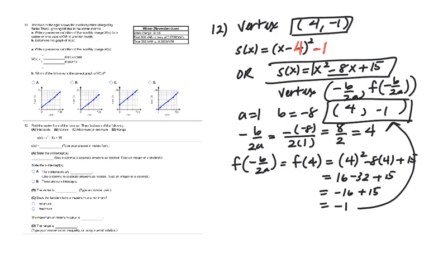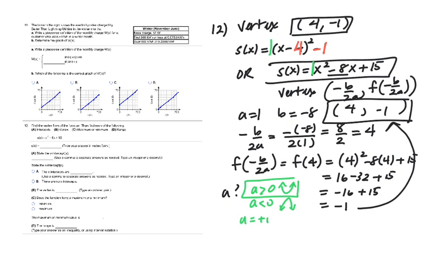For part C, it asks, does the function have a maximum or a minimum? The way you determine this is you first look at what a is. In either form, our a is 1. If a is greater than 0, or positive, the parabola opens upward. If a is less than 0, or negative, it opens downward. In this case, a is equal to a positive 1, so the parabola will open upward, which means we'll have